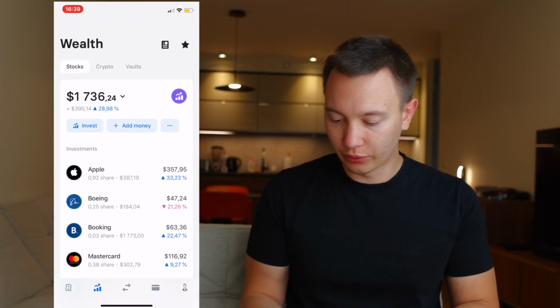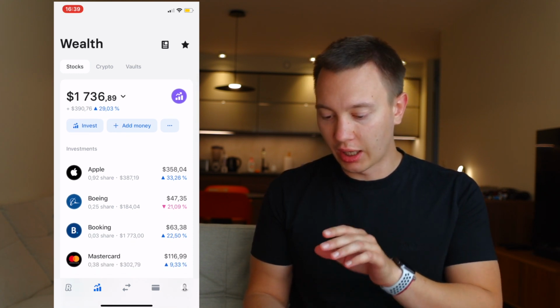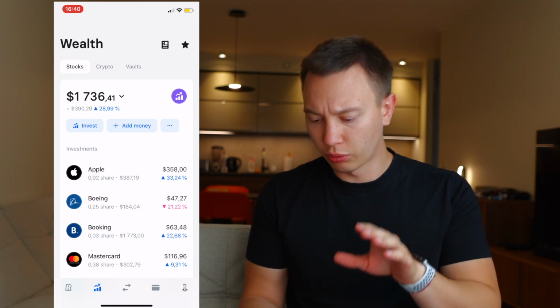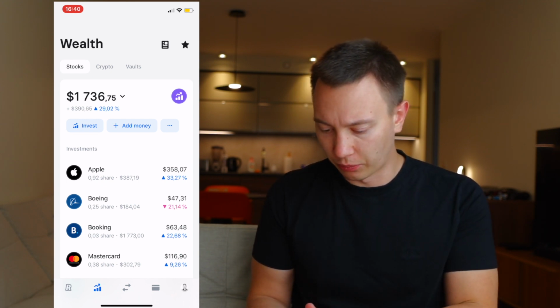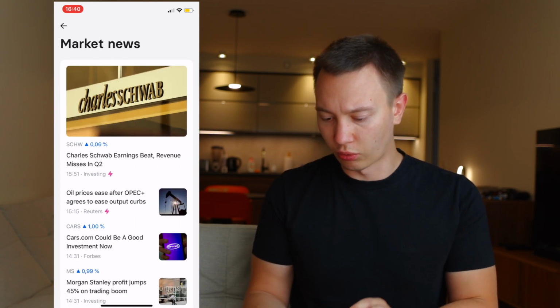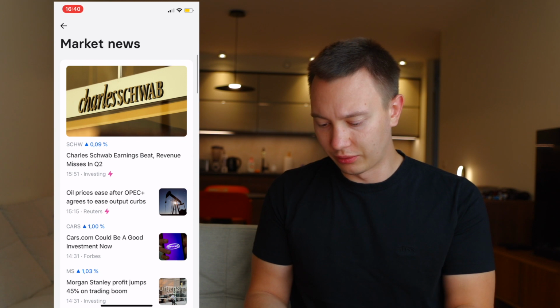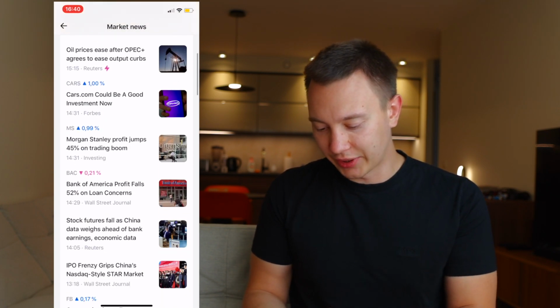And when you open Revolut, this is what you see. It's on a second tab, and then it shows you your portfolio, how much it changed. But let's start from the beginning. So if you press the button just right up there in the top right corner, we can see that Revolut has some market news, and it's very general.